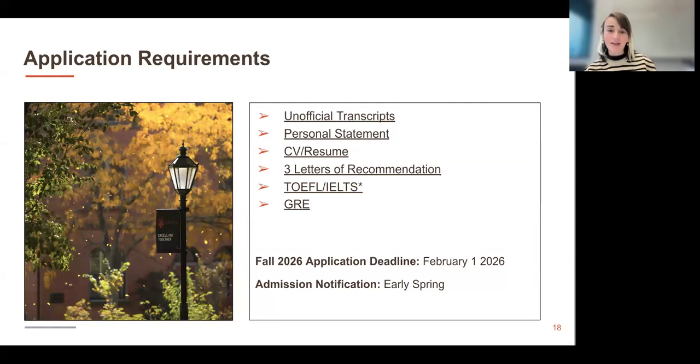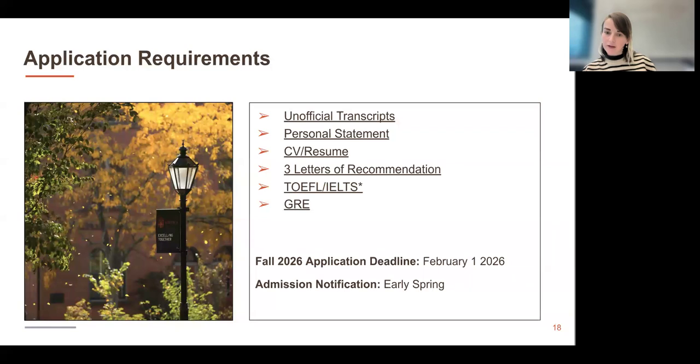Then a personal statement, with a prompt specific to the program, in which you talk about your interests, what sets you apart, and why this program is right for you; a copy of your resume; 3 letters of recommendation; an English language proficiency exam in the form of the TOEFL or IELTS; and a copy of your GRE scores sent through the official platform, as old as 2 years.